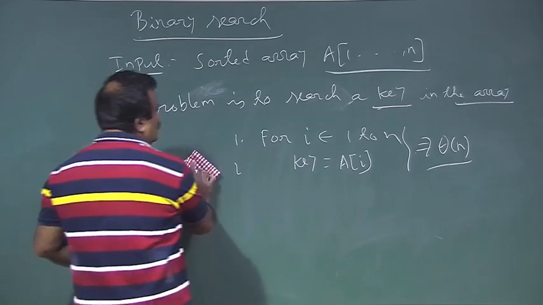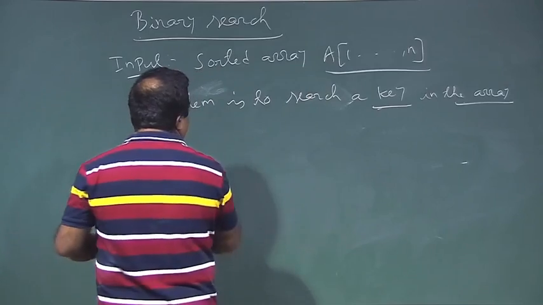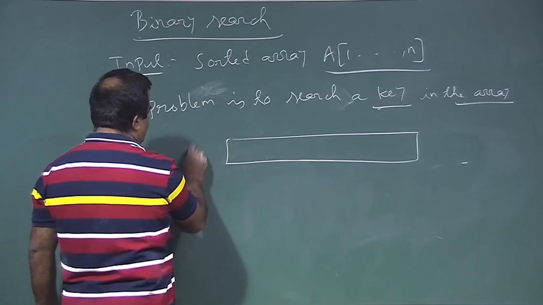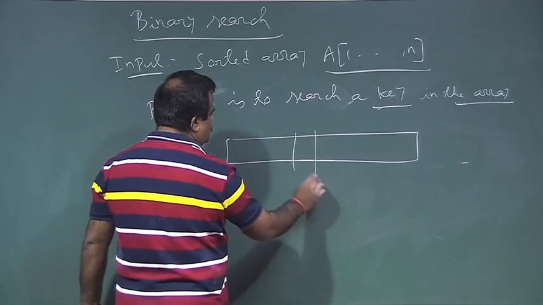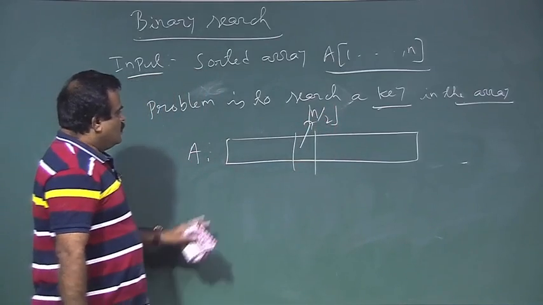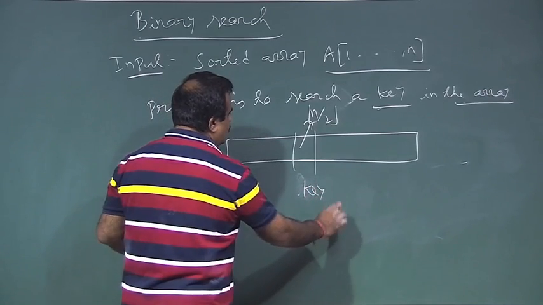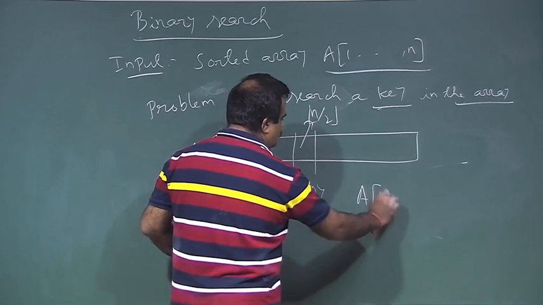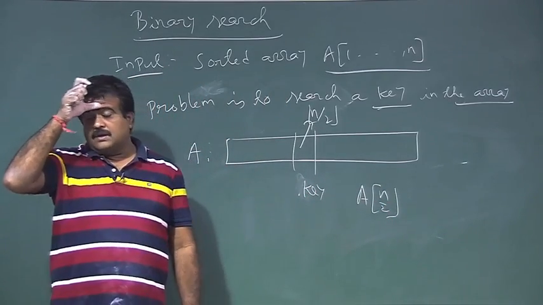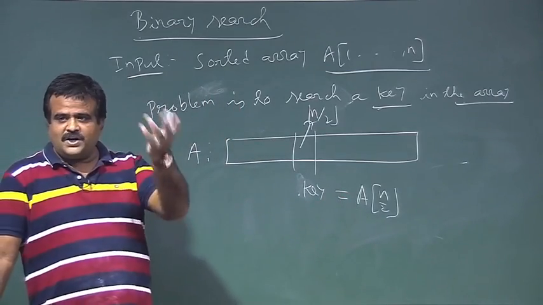So, for that we will use the divide and conquer technique. So, what we do, this is the array A which is sorted. This is basically the middle one, n by 2, lower ceiling or upper ceiling, anyway. So, now we compare our key with this value a n by 2. If key is equal to a n by 2, then we are lucky, we just return it, we got it first shot,